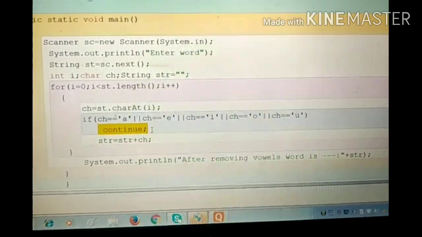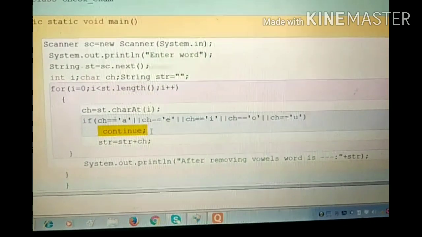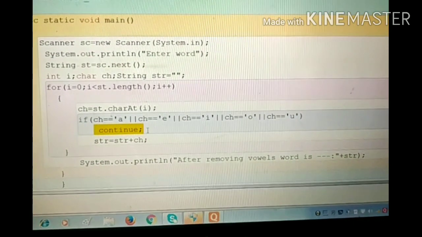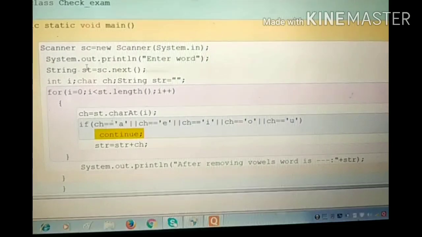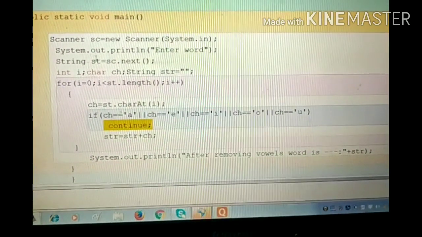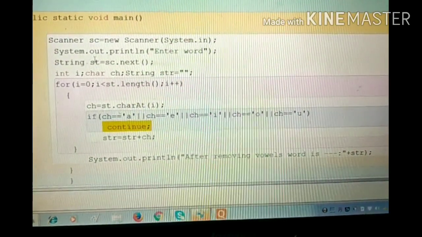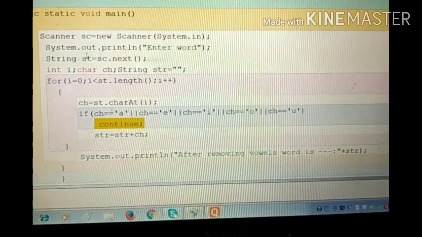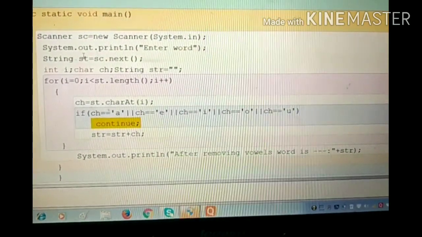Continue means the next iteration will start, and if the condition is false, then what it will do: string str is equal to str plus ch. That means it will store all the consonants in string str. So the first time, suppose the word is education, e is ch, the condition is true, continue, i plus plus will increase, the next value of i will be 1. Next time it will extract d, the condition becomes false, it will go to string str equal to str plus ch,